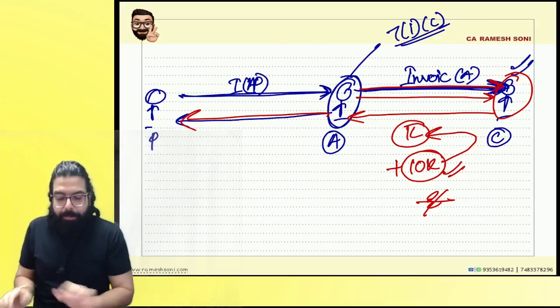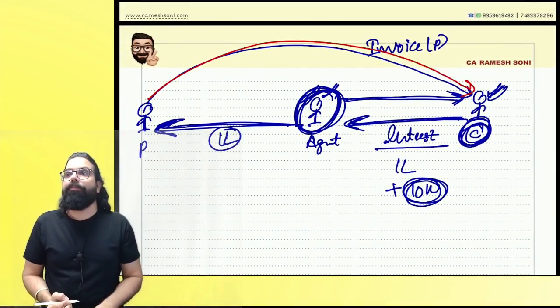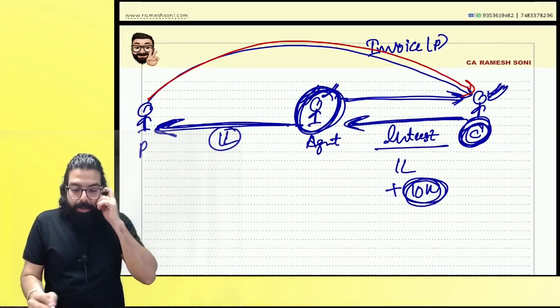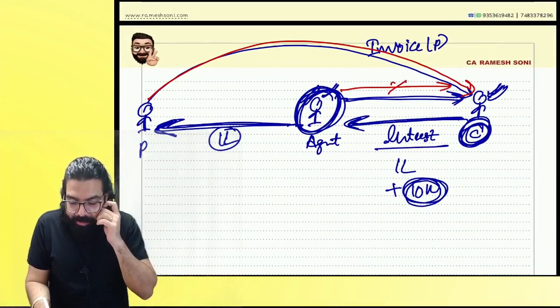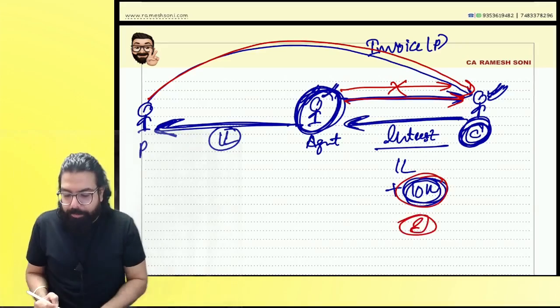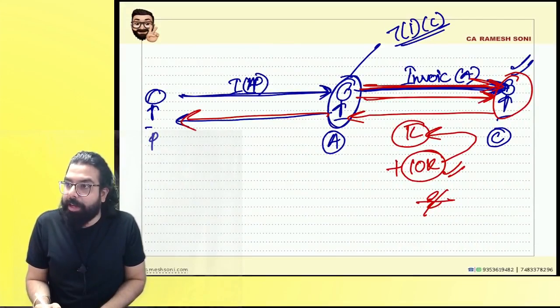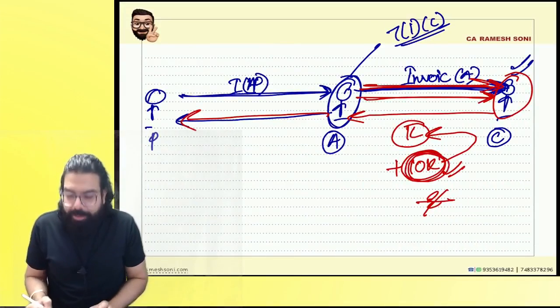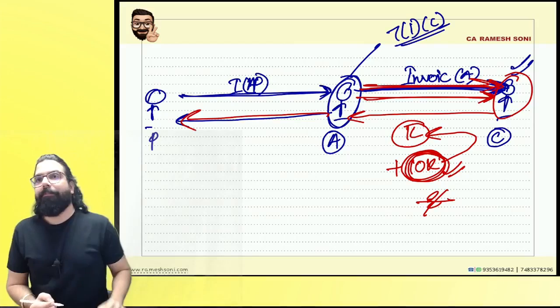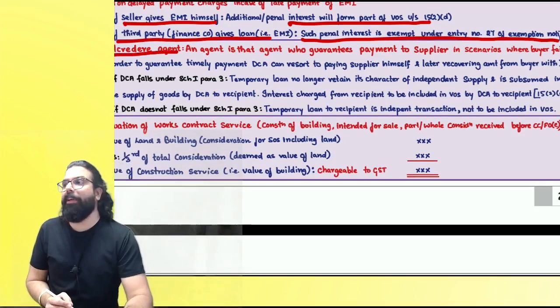Can we go ahead? Remember one thing over here: when the invoice was directly issued, there was no original supply, there was nothing, only a loan transaction, and there interest is exempt. But here, originally there was a supply, and then the loan transaction, correct or not? And hence the interest will be included in the value of supply. Everyone over here, let's go ahead. The Del credere agent point is clear. Can we go ahead, everyone?